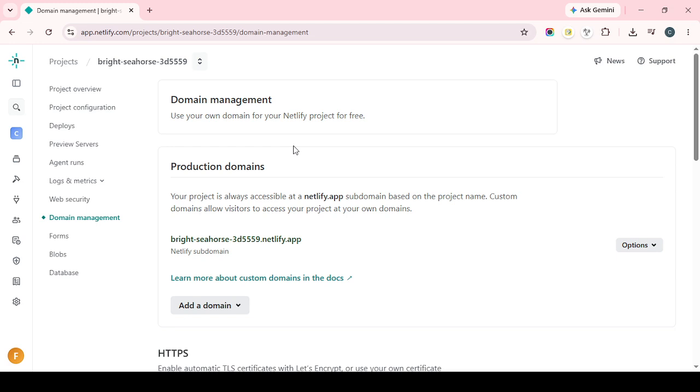Keep in mind that DNS changes can take some time to fully propagate. So if the domain doesn't work right away, that's normal. Once propagation finishes, your Base44 project should be live on Netlify under your custom domain with a deployment setup that's easy to